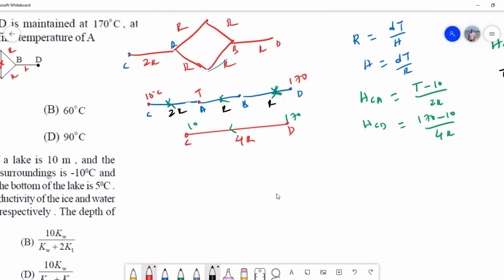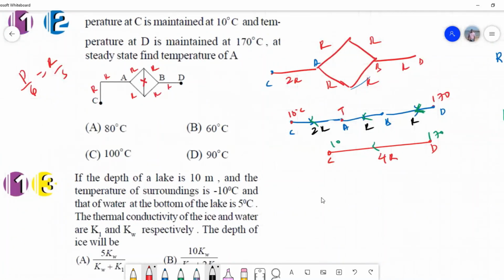Let's see this. It's a very, very important model. Yes, the answer is option number D. So here we need to understand, remember there are two rods in between C and A. Since all of the rods are identical, simply take resistors as the same. And here we have to apply the Wheatstone bridge condition. Why? Because there are 5 identical rods. So this resistance will not work. That's what I applied. Then I found the effective thermal resistance between the points.